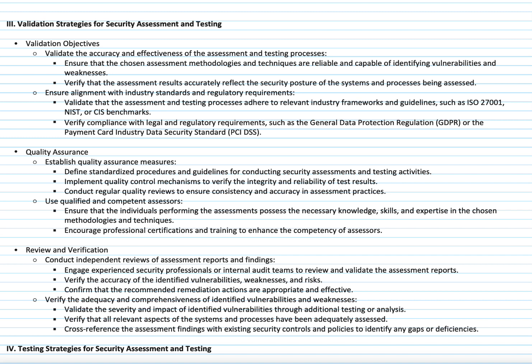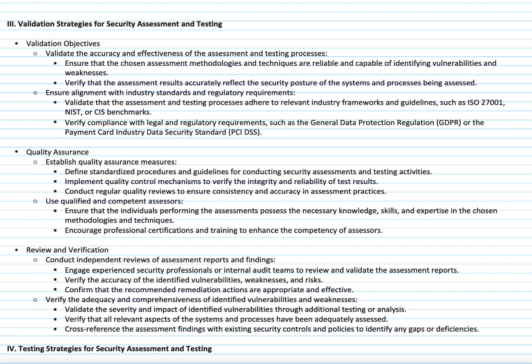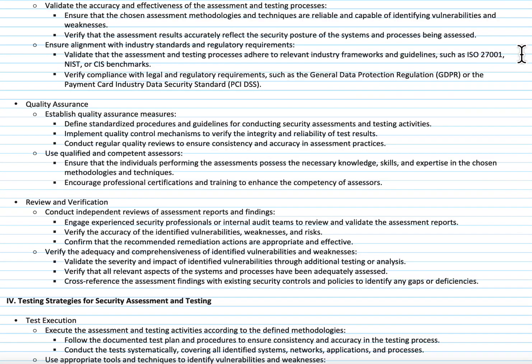And a regulation doesn't just come out. It takes a long time for these regulatory requirements to actually be validated and be approved by whatever governing body has them. However, because they're always in the pipeline, there's always one after another, it seems like they're coming out very quickly. But in reality, they've been in the queue for some time. What that means is you need to pay attention to all these regulations that are in the queue, that are coming forward, so that you can help provide a better protection for your company.